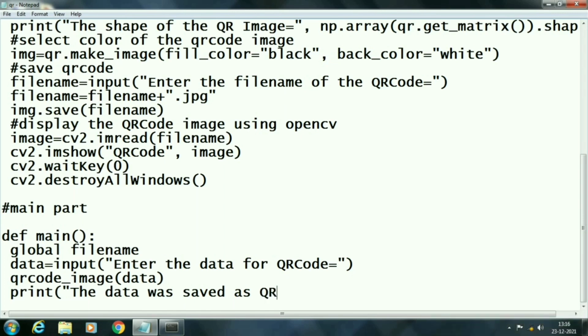At last we will print the image name. In this way we just created the QR code making function.